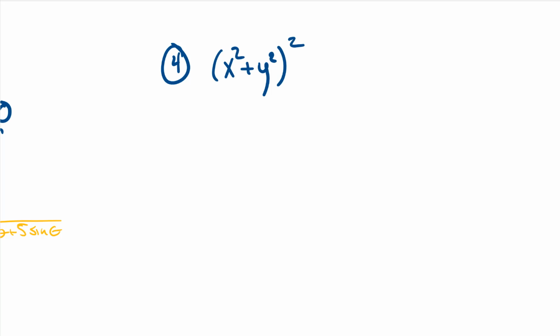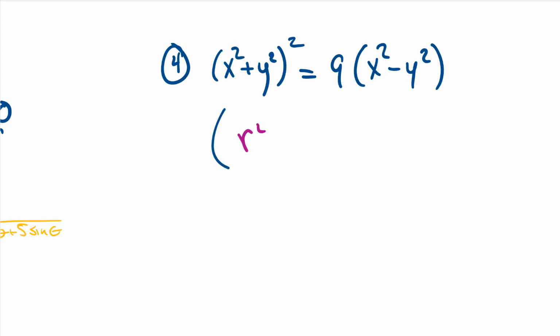So we got x squared plus y squared all squared is equal to 9 times x squared minus y squared. Whew, okay. We're good. Let's start doing some conversions. So we see an x squared plus y squared. That's r squared. So we're gonna swap that out. We'll call it r squared. And we get r squared squared is equal to 9 times